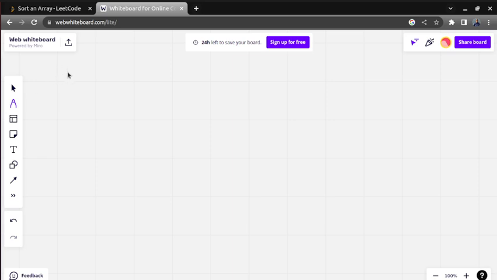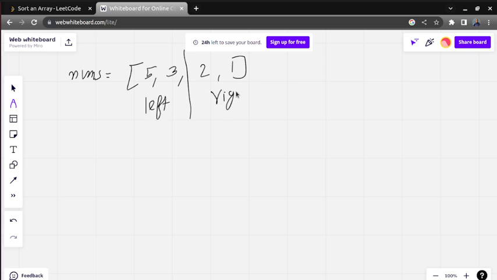Let us see. Suppose an array is given to us, nums, which has the elements 5, 3, 2, 1. Now we need to sort them. First of all, I am going to divide this array into two parts, left and right. Then I am going to sort the left part, so the left part will become like this, 3 and 5, and I am going to sort the right part,